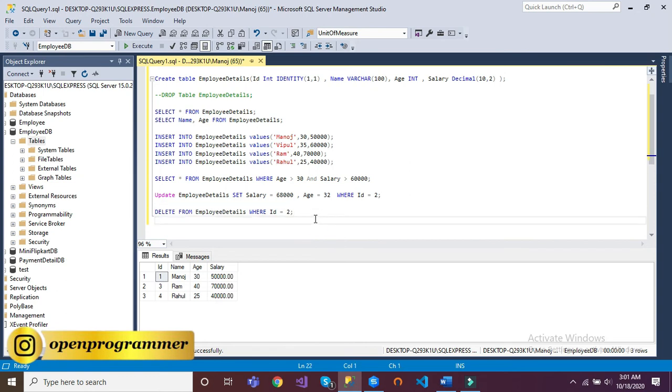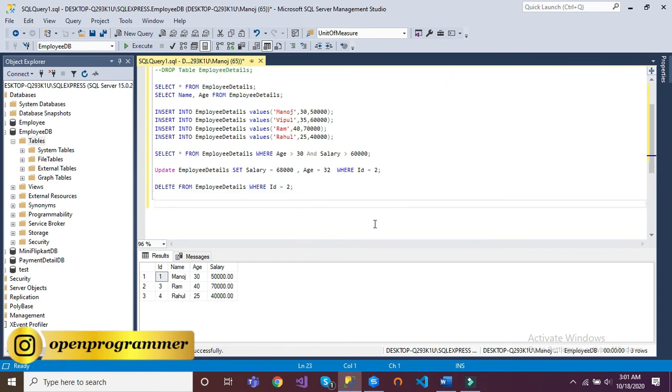After that, let me also show you something. See, right now the data is like 50, 70, 40. If you want to make it ascending or descending order, how can you do that? Let me copy this SELECT * FROM employee.